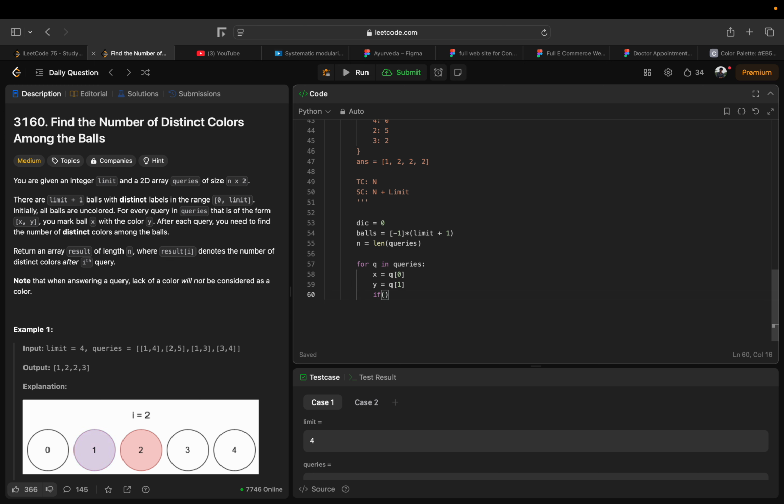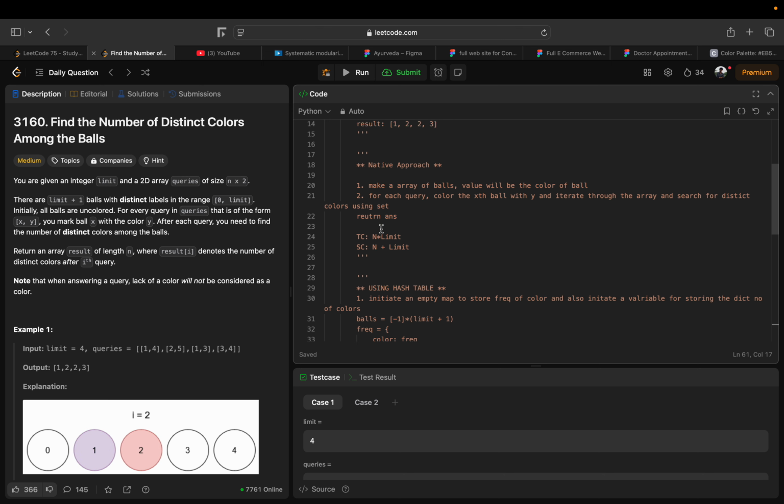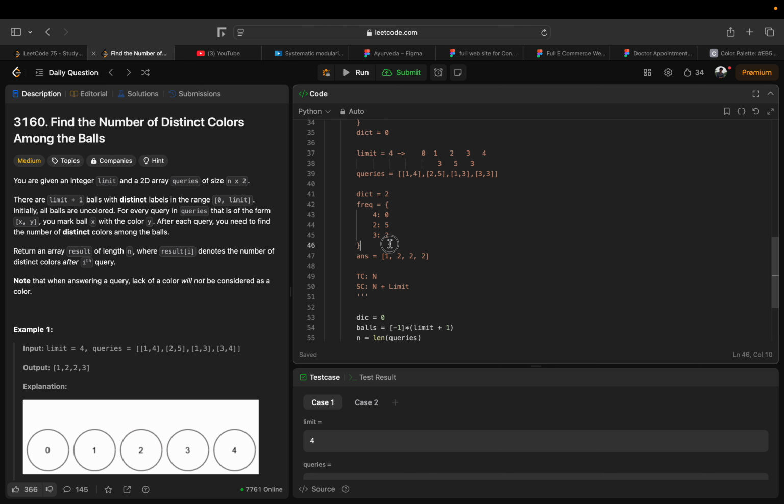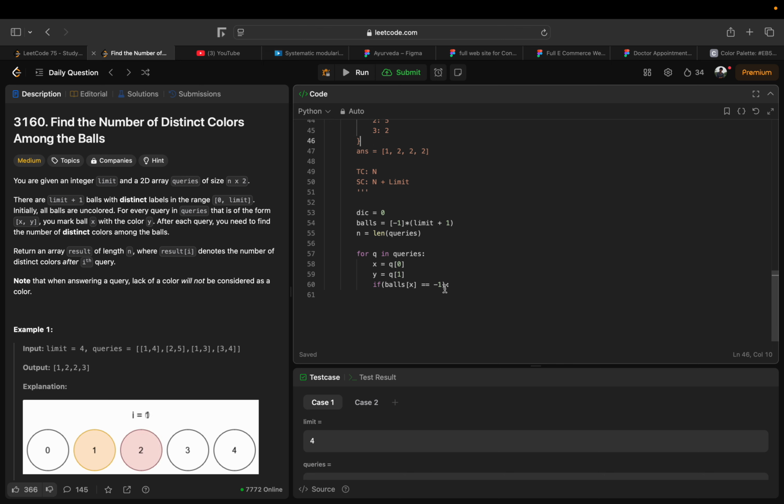So if balls x equals -1, that means we will paint a new color, right? Or let's say balls x equals y if x not in... and we will also initiate a frequency map, not frequency array. If x is not in frequency, if x is new to frequency,